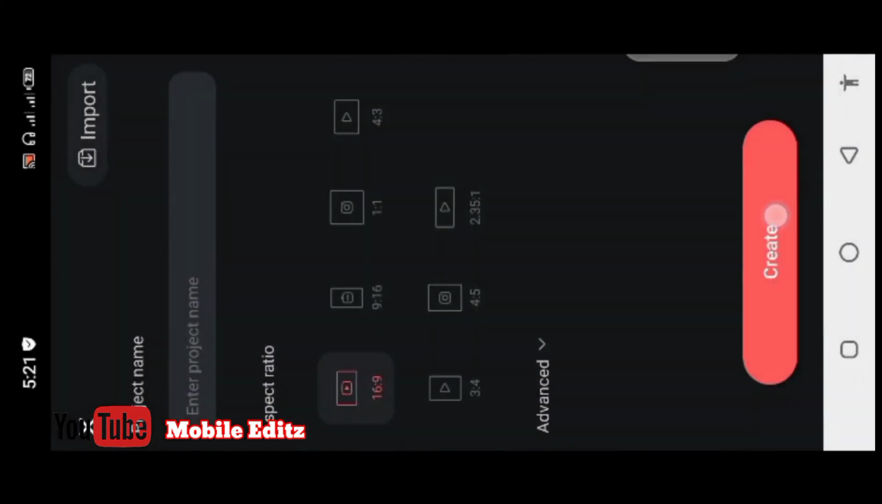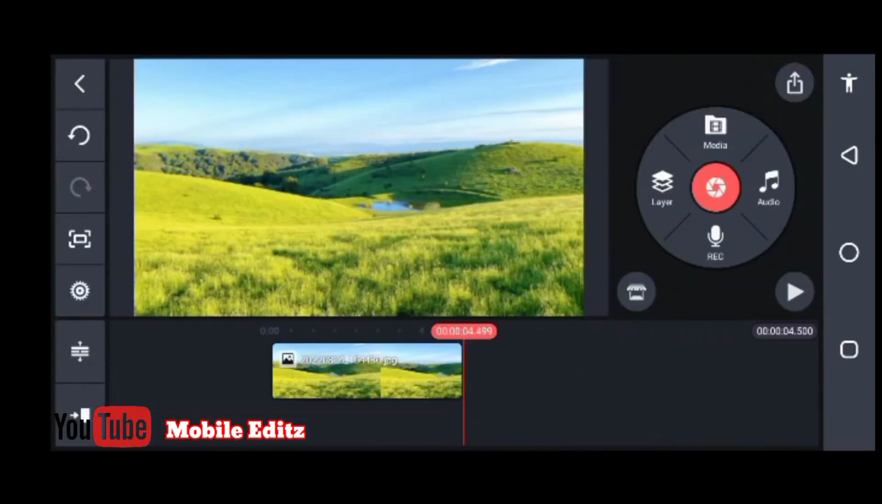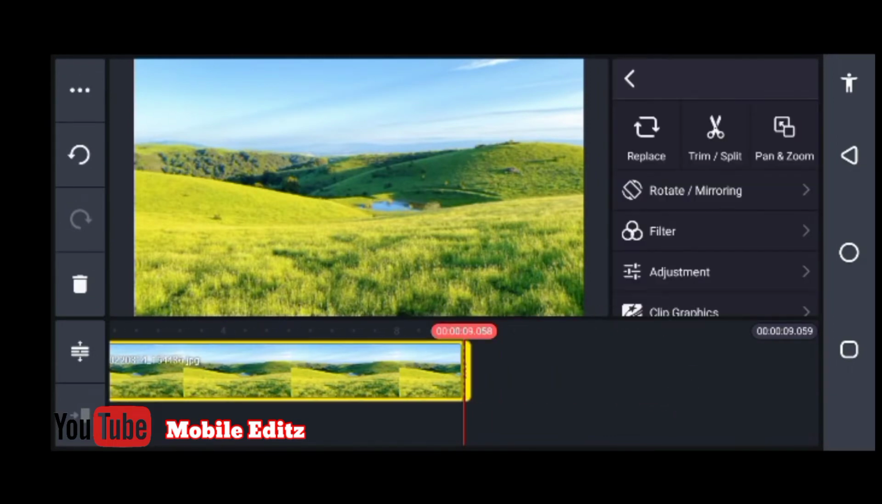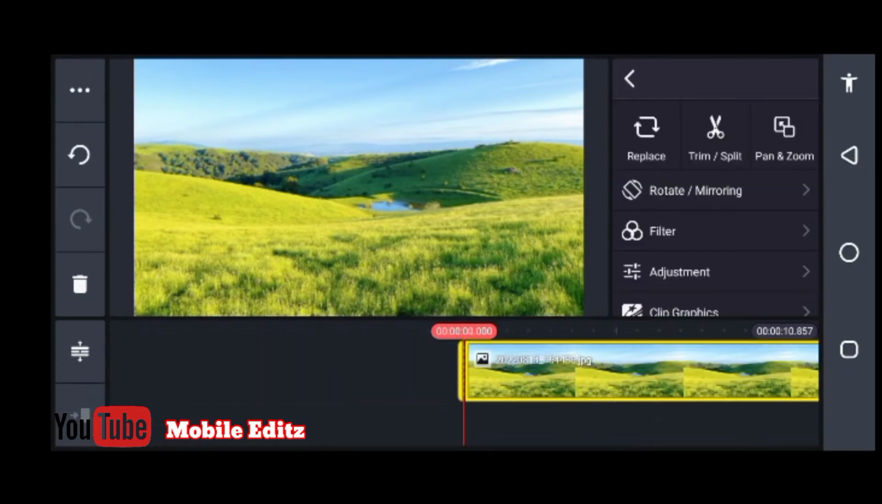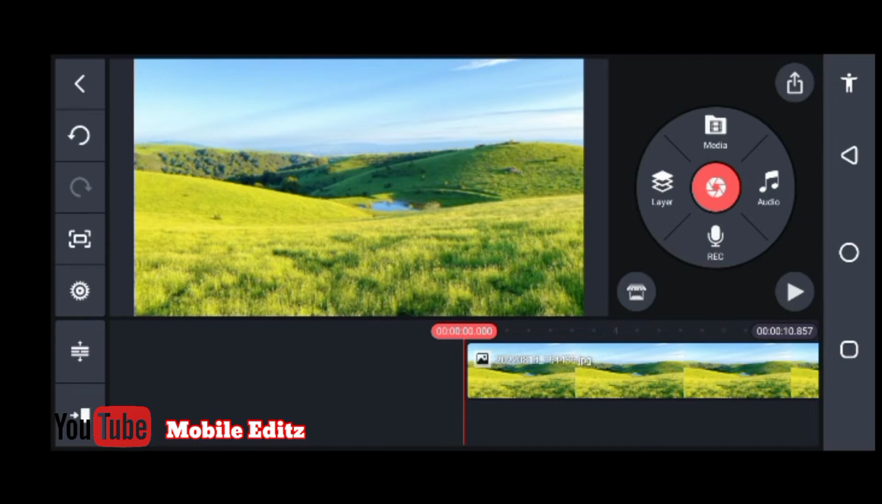Show our screen. So I downloaded the image for this tutorial, and I'll be dropping the link in the description. You can download it from there. So I'll be adding the image. Let me just set it to 10 seconds, sorry. So from here